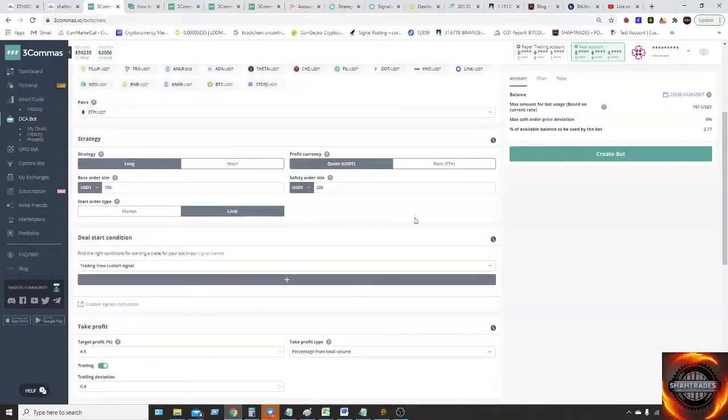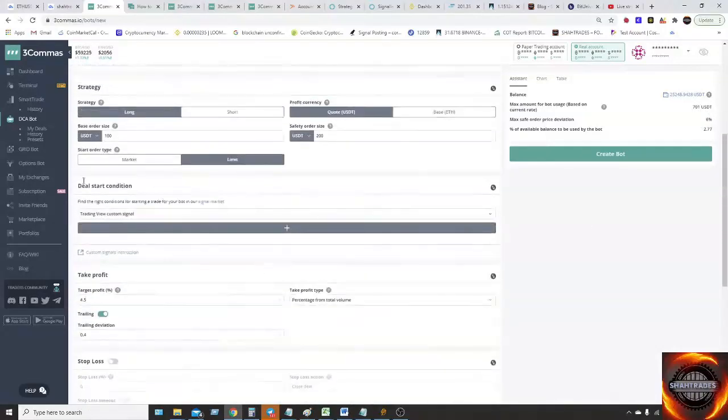You can use leverage trading with this indicator, yes, long and short, but you need to create a bot for that. So here is the 6%, sorry, 6% price deviation, and $701 you will use from your funds.